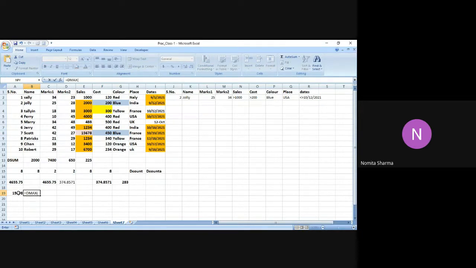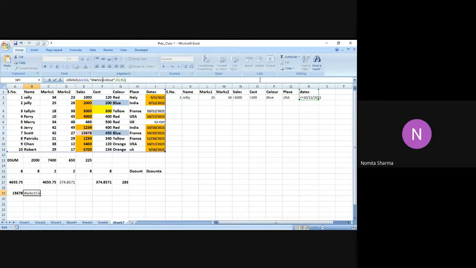So I say dmax. I will select the whole database. Please remember to select the whole database, including the headers. At this time, I'm taking color, and criteria is the date. Let's see what I get. I get 0 as the answer because indeed there is no max color matching the criteria. So let me change the criteria. Let me write marks.